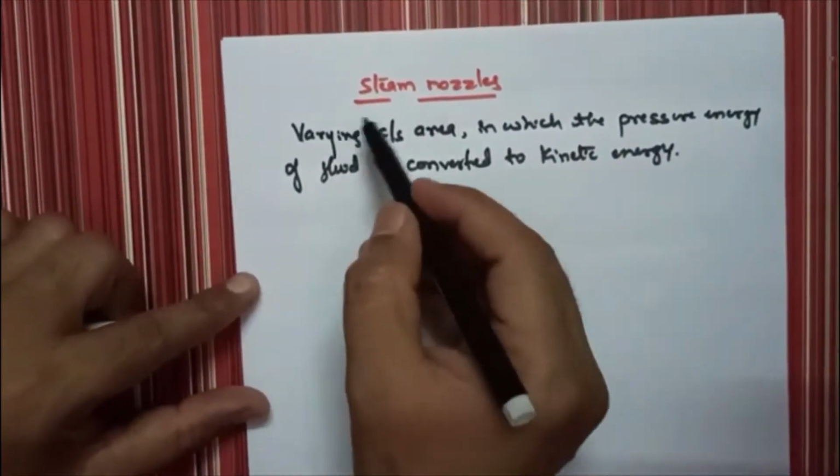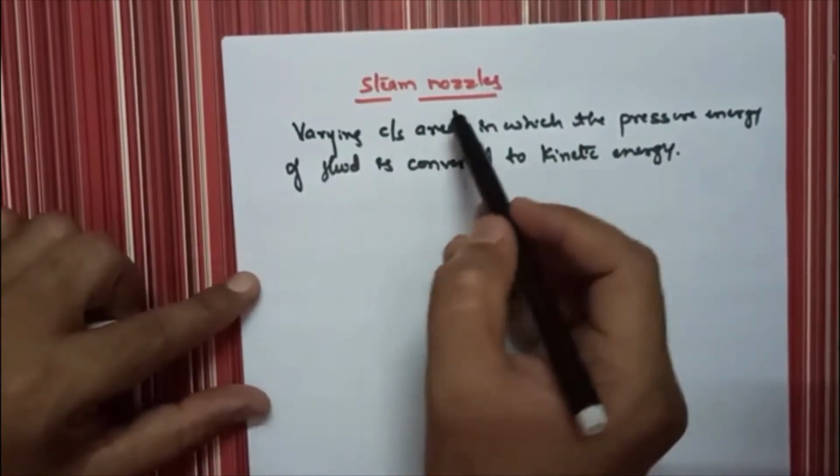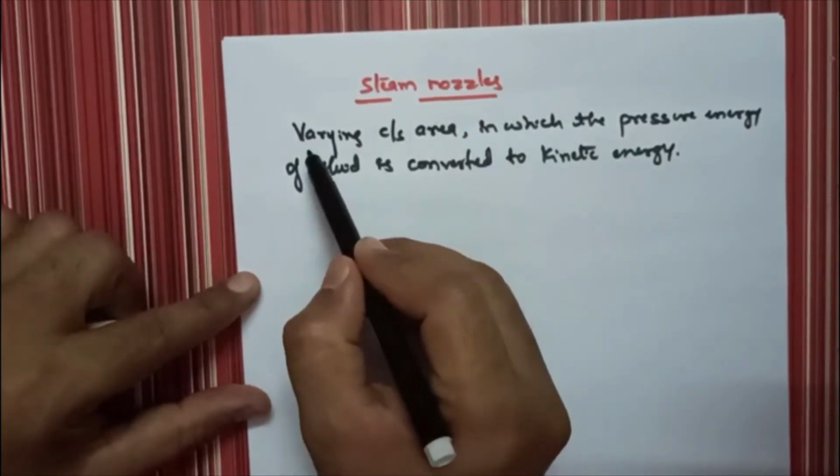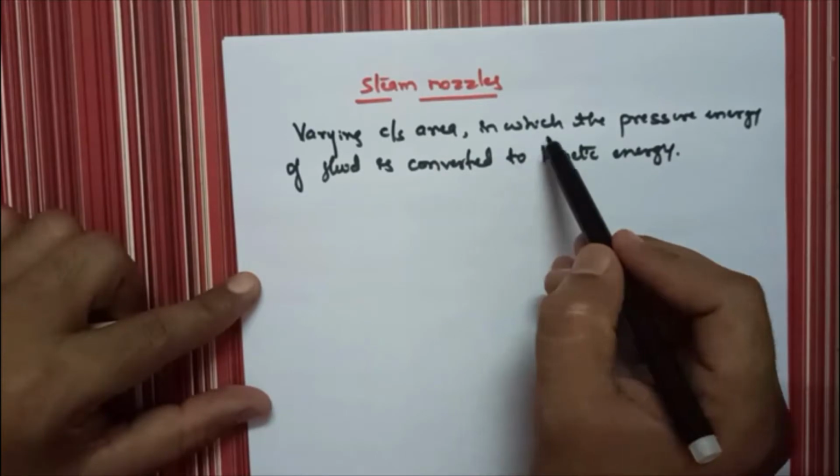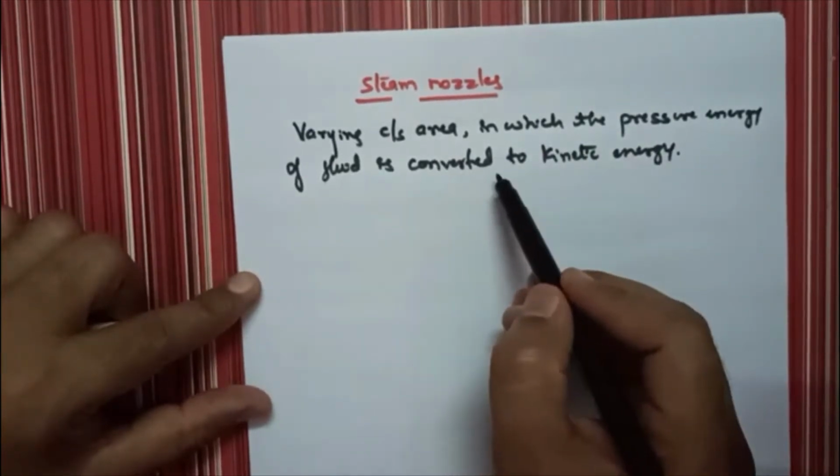So that device is called nozzle. So nozzle is a device of varying cross-sectional area in which the pressure energy of the fluid is converted into